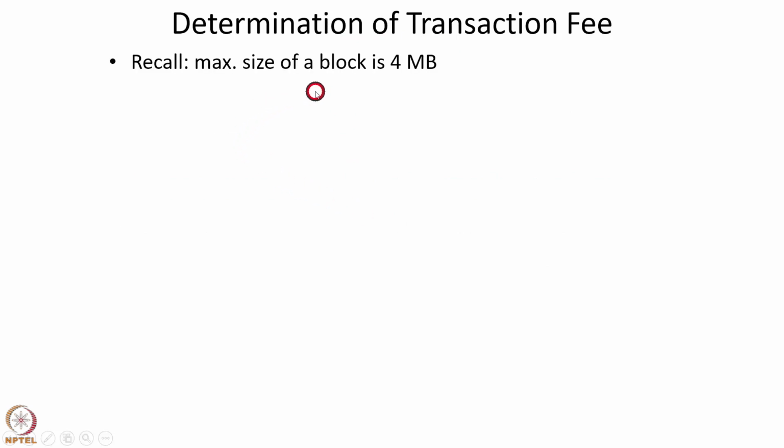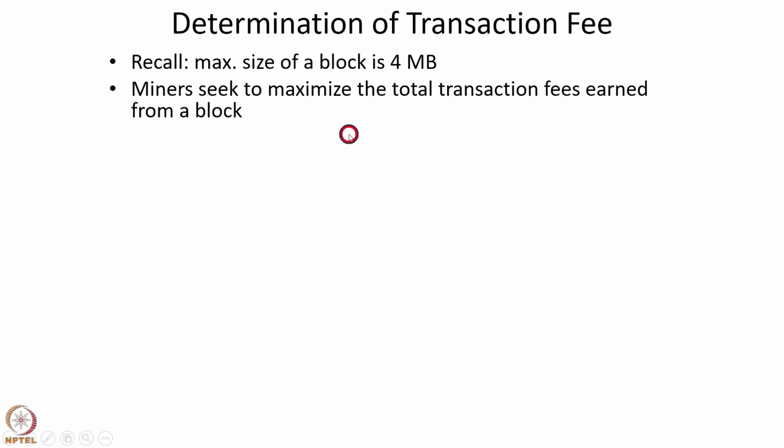So recall that the maximum size of a block is 4 MB. Each block must include the block header, a Coinbase transaction, and several regular transactions. Miners seek to maximize the total transaction fees earned from a block. Recall that the total revenue of a miner is the block subsidy plus the transaction fees from all the regular transactions in the block. So clearly, miners would like to maximize the total transaction fees, since that will maximize the